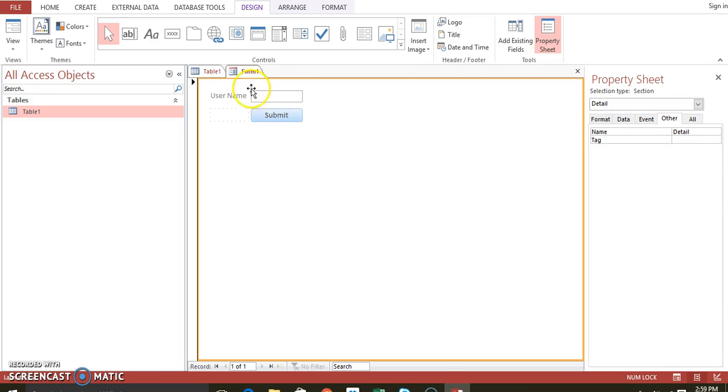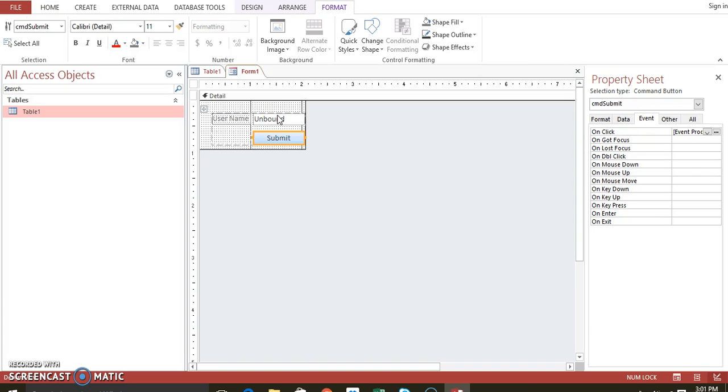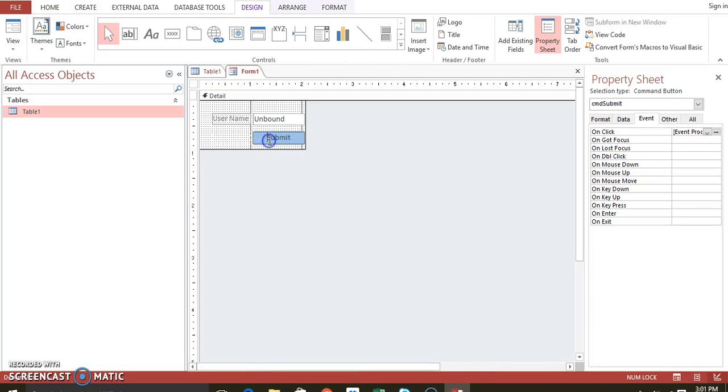Right now, if you go ahead and see it in the form view, all you can see is a username with the submit button. It's just a basic form, and I can enter anything in here, say Abby, and then when I click on submit, nothing happens. Why nothing happens is that you have to write code for this event: when you click on submit, what should happen? For that, right click, go to the design view, click on submit,